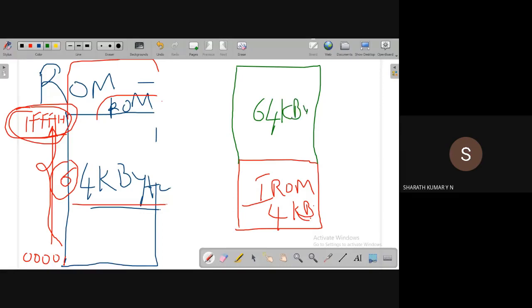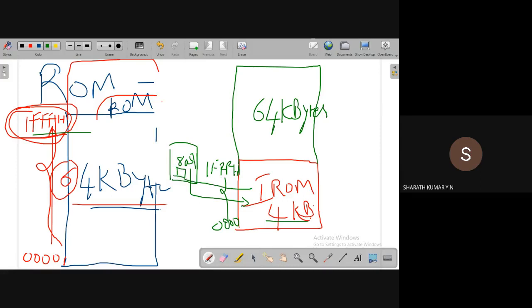If the 8051 microcontroller is accessing a location where the first address is 0000 and the last address of internal ROM memory is 1FFFH, then it will access the internal ROM space, which is available inside the microcontroller.